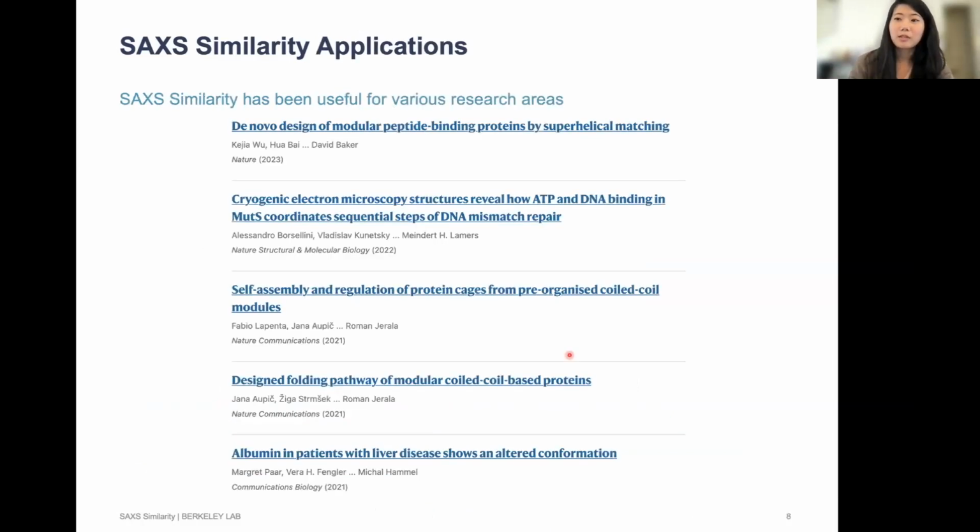So those are the really big chunks of the features that I will highlight from SAXS Similarity, but I also wanted to talk to you a little bit about some applications of why you might want to use this for your purposes. Since the original 2013 paper, SAXS Similarity, that Nature Methods paper, has been cited quite a bit, and for a lot of different research areas. So these are just a couple papers that are pretty recent that I wanted to highlight. And it ranges from protein design to DNA repair,